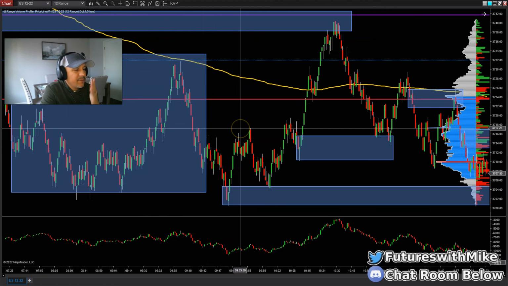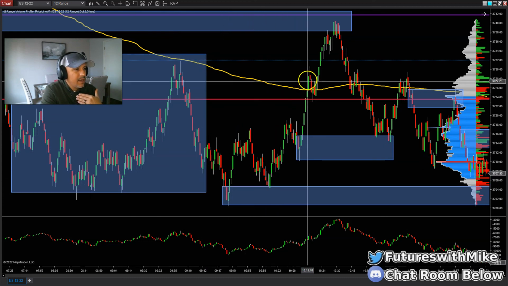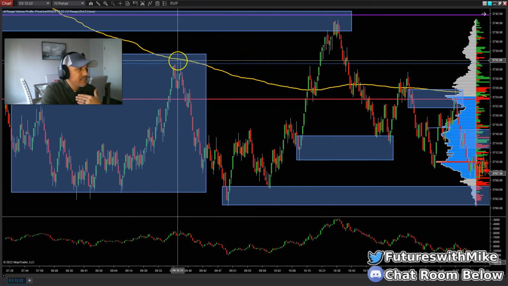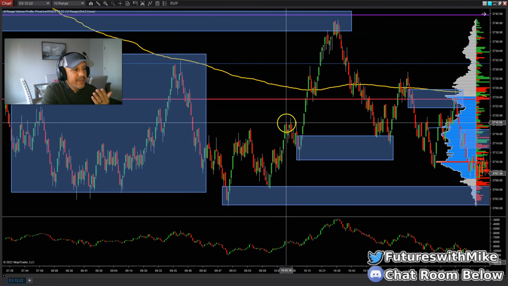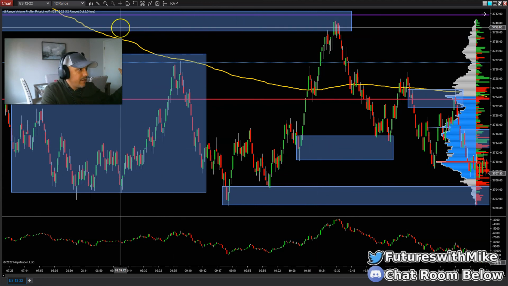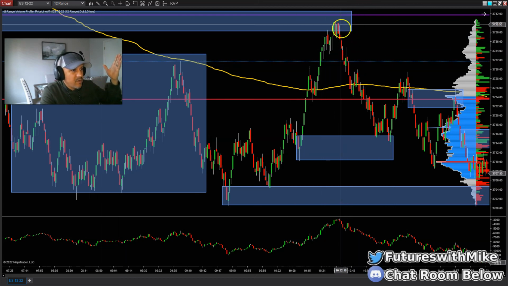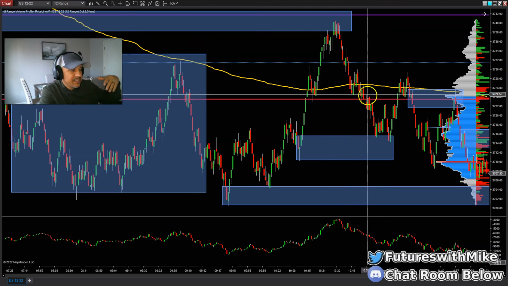Then you get price movement, price action, back to the upside. Makes a high, higher low, high, higher low, high, higher low. It breaks this area of resistance, which means it breaks structure. So that's price action movement, making these ebbs and flows, making these swings to the upside. It pivots, hits an area of maybe resistance or supply to the left-hand side of our chart. Either way, it pivots, turns back around, price action movement back to the downside.